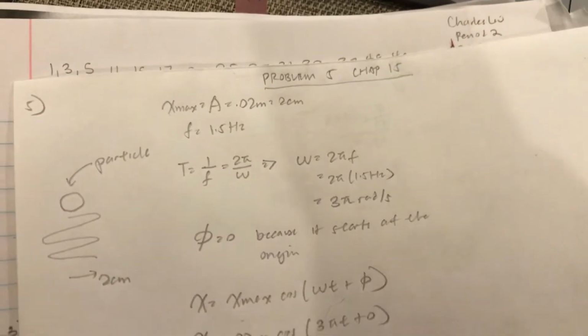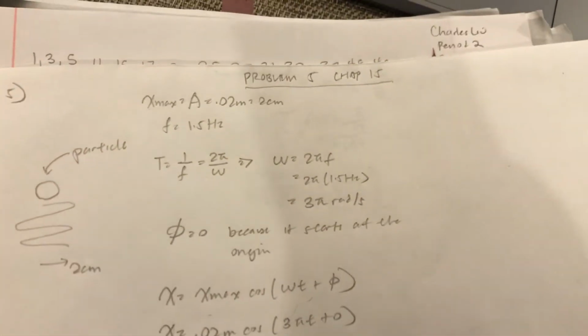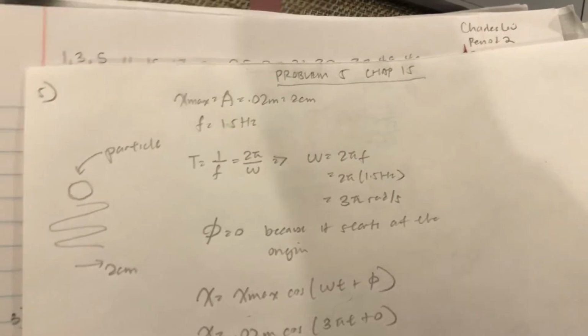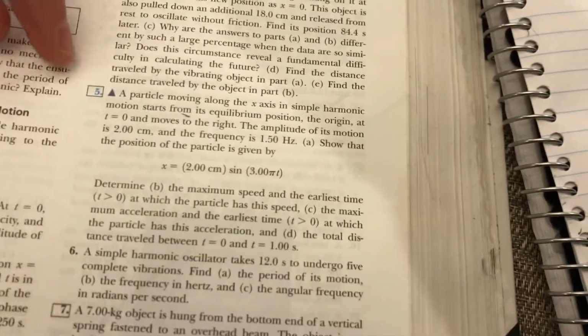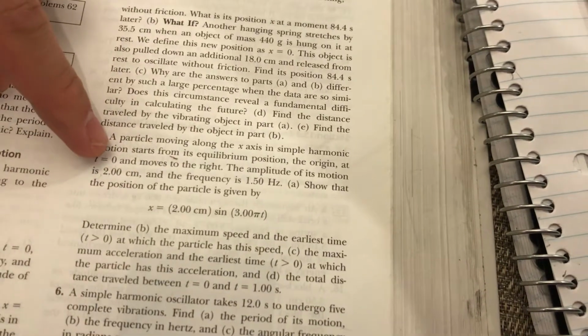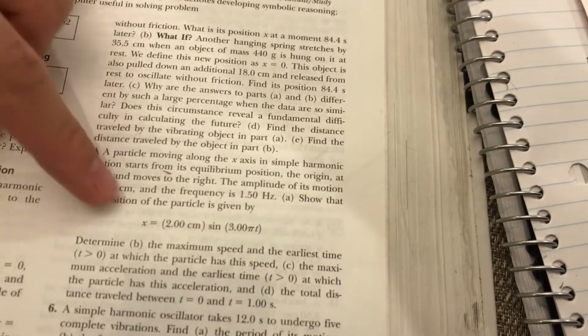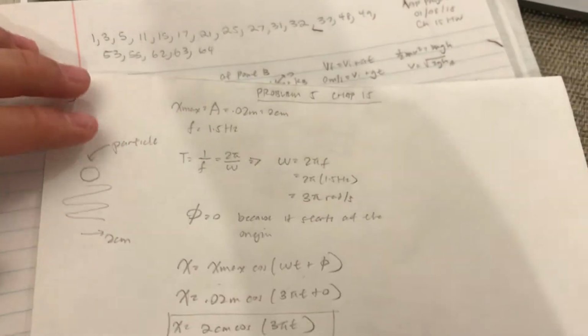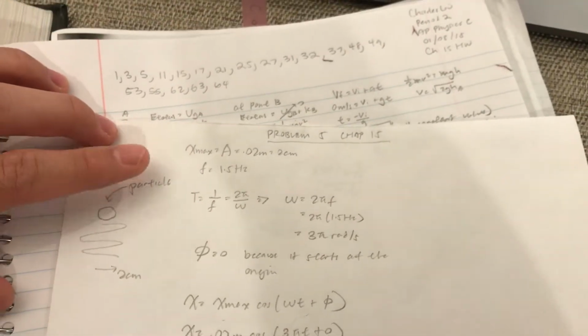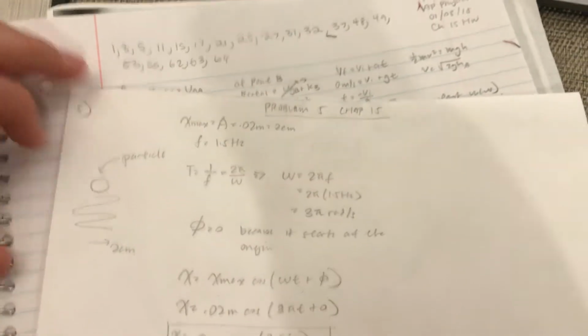Okay, so this is how you do problem number 5 on the chapter 15 homework. Part A of this problem asks us to show that the position of the particle is given by this equation. And a lot of the parts of this problem basically come from recognizing the variables and what each of them